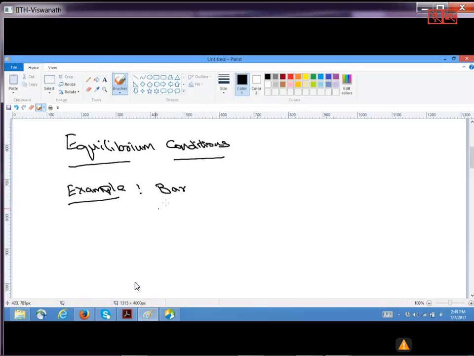A bar is a member, as we have seen in the previous class, which is loaded in the axial direction and it has a stiffness of E and a cross section A, whose length is given by L,